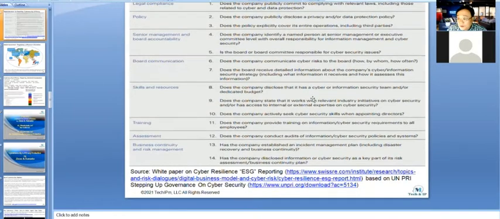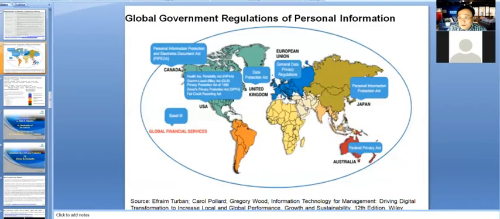So here is one example of what kind of regulation there is. This is most related to personal data and personal information protection. For example, recently South Korea has the Personal Information Protection Act, very similar to GDPR in Europe. And in the United States there is a healthcare protection act, HIPAA, and other privacy acts. Also, every state in the United States has some kind of cybersecurity and privacy protection law at the state level.